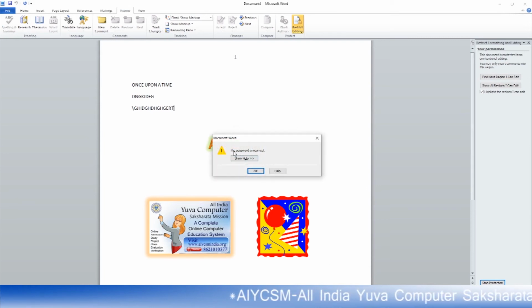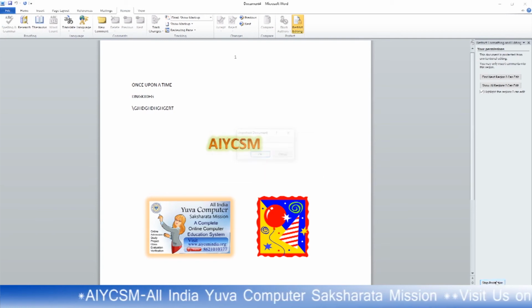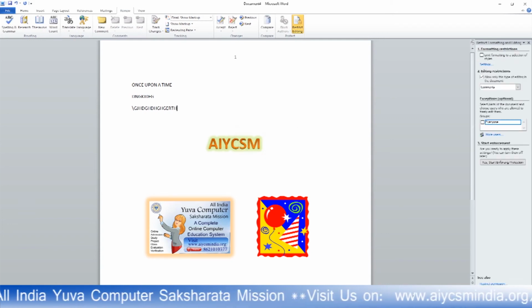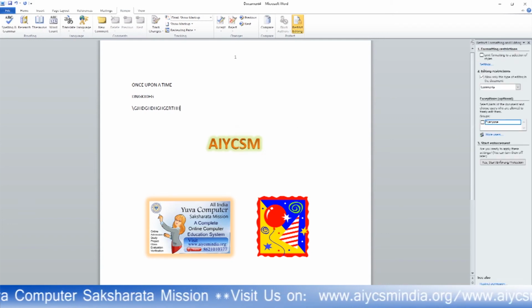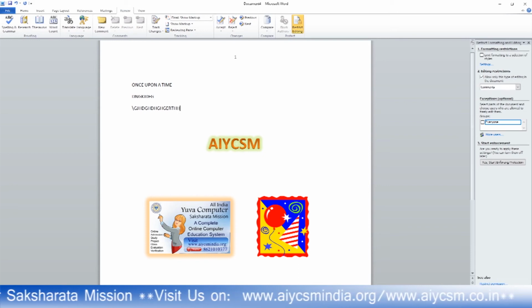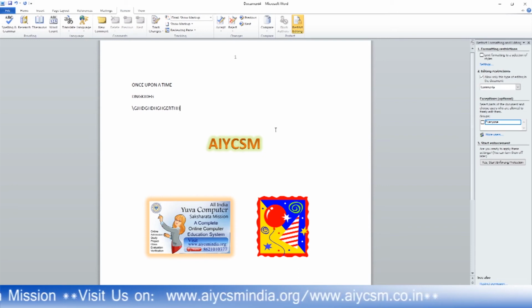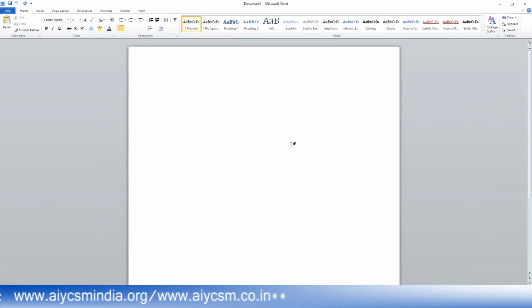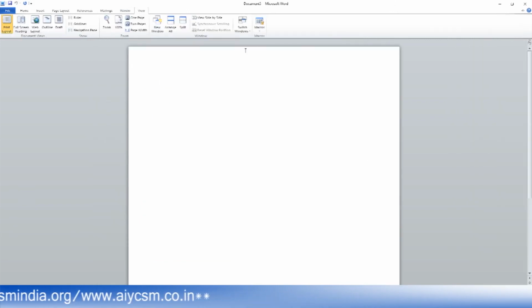If you enter a different password, it will show that the password is incorrect. You have to provide the proper password, and then you are able to edit the document. Okay, this is how. And one more thing, Control N.